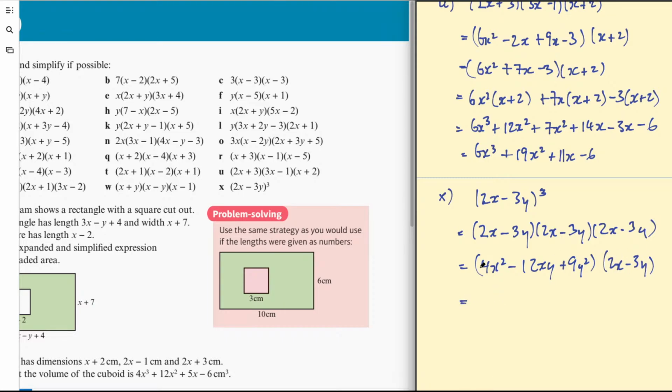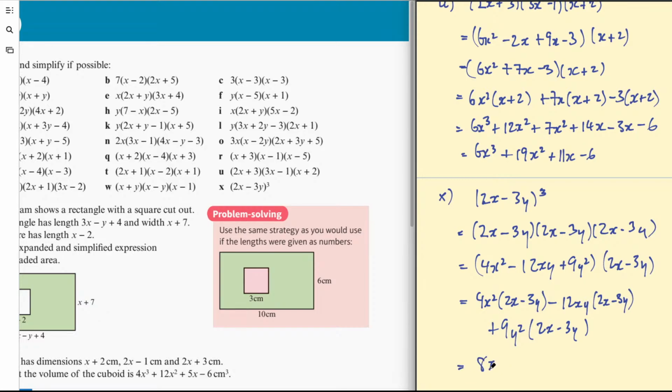Then expanding this set of double brackets with each term, we'll have 4x squared multiplied by 2x, take 3y, take 12xy multiplied by 2x, take 3y. Oh, this is just a longer way of doing it. Okay, I see. 9y squared multiplied by 2x, take 3y